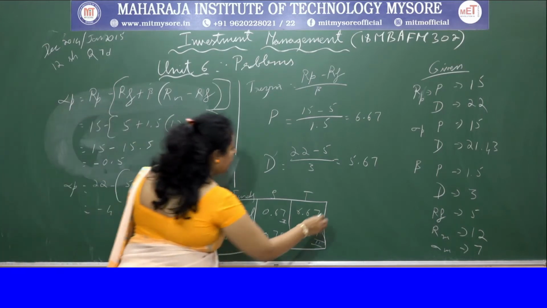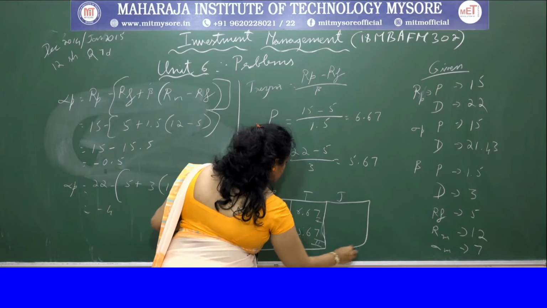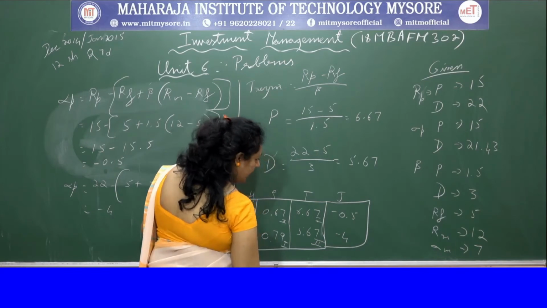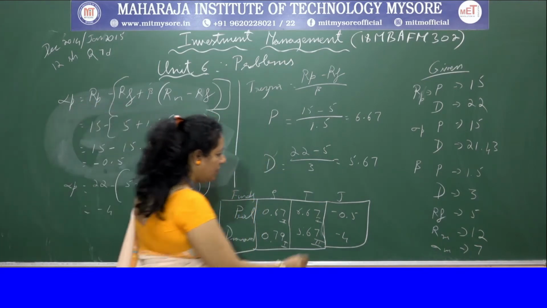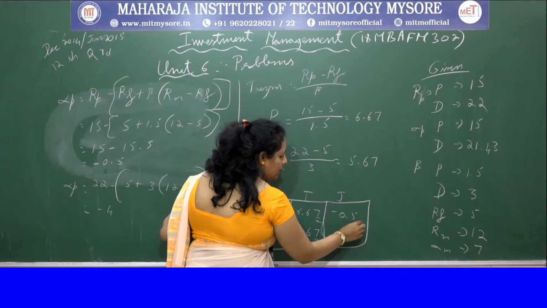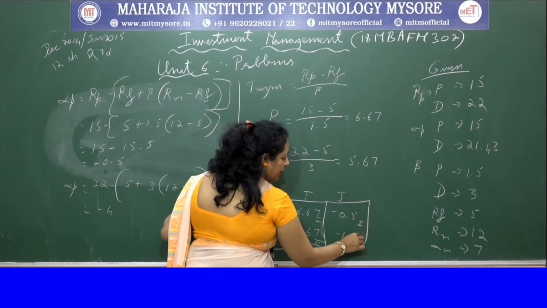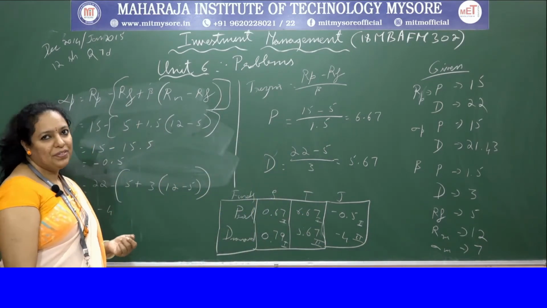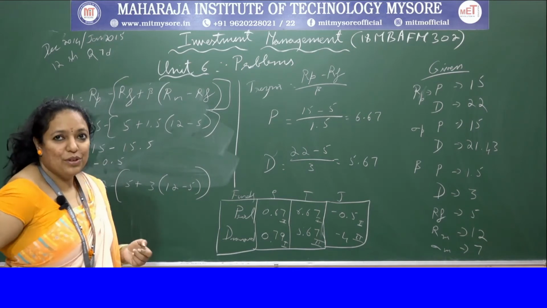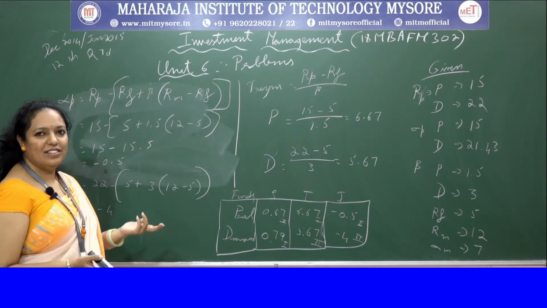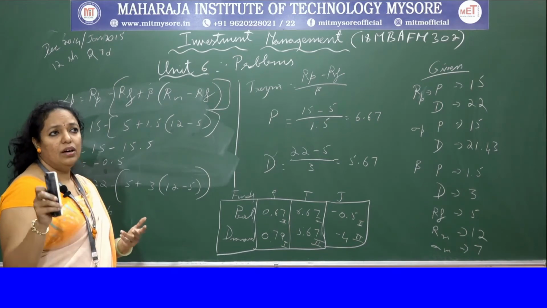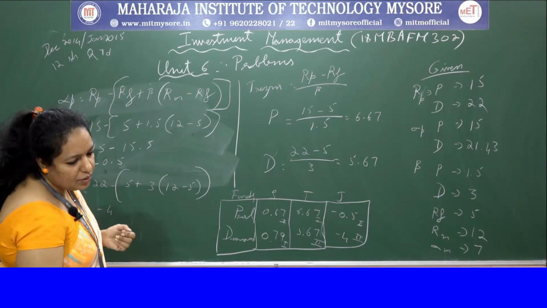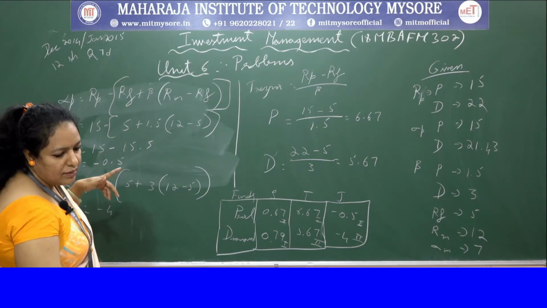Okay. So you can even write Jensen's measure here and write the answers minus 0.5 and minus 4. Hence you can select here, when it is minus, the one with the less negative gets the first ranking, and this is second. So you can conclude that you can invest in Pearl Fund. Okay. So now you get clarity if you do Jensen. There will be no doubts. If they ask to invest in any one of the funds, you can do this. Okay. So let's go to the next problem.